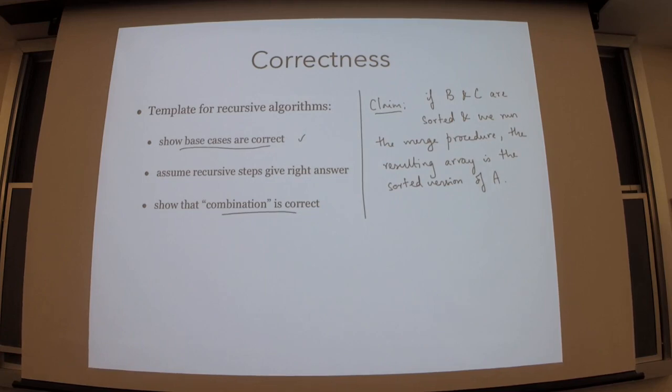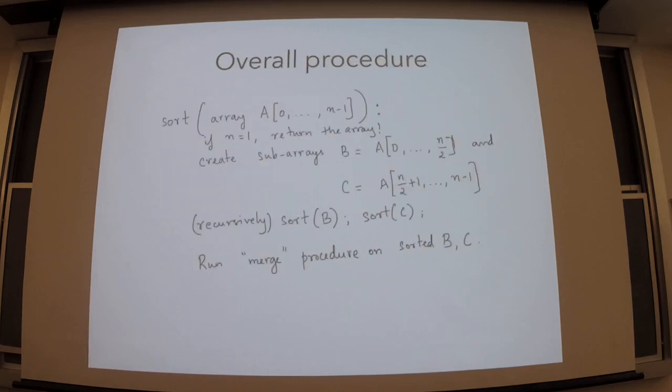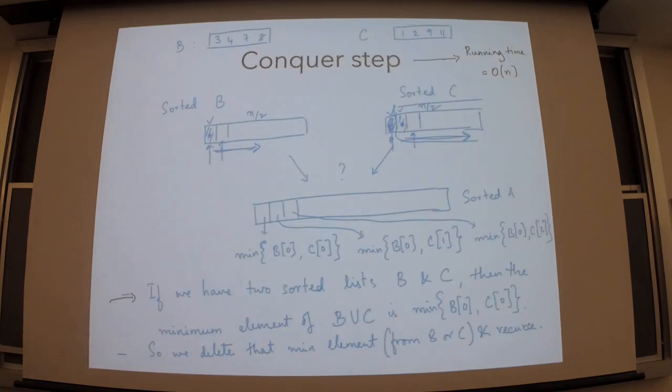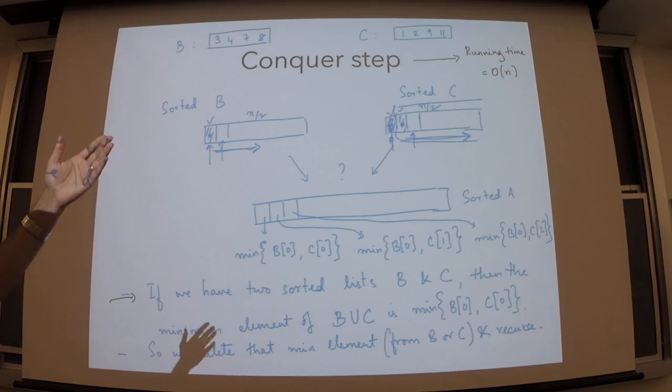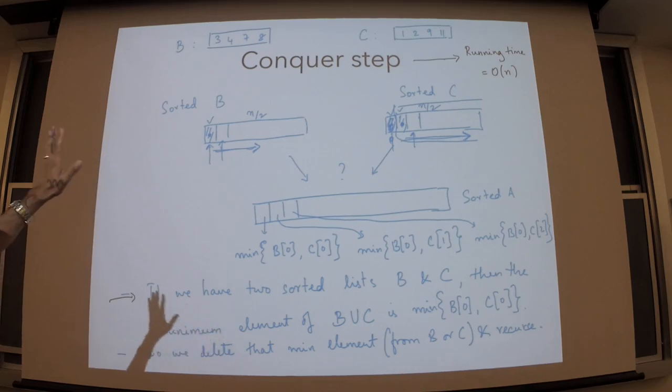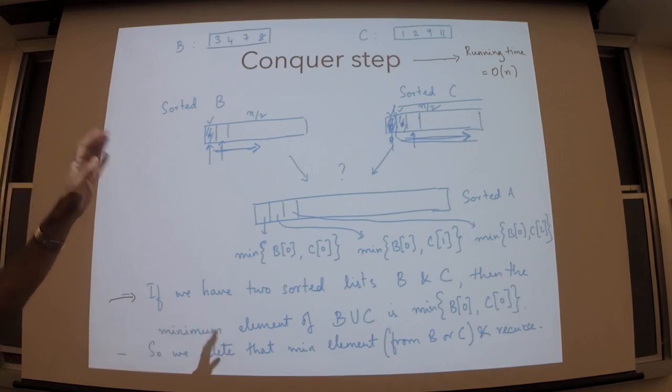In our discussion, did we describe what we are supposed to do if B or C runs out of elements? Yeah, not formally, but we should. That's a good question. So what he's saying is, what happens if one of B or C runs out of elements? In that case, you simply pretend that whatever you ran out of is like infinity. But we should mention that. That's correct. So maybe it's actually good to write down the formal